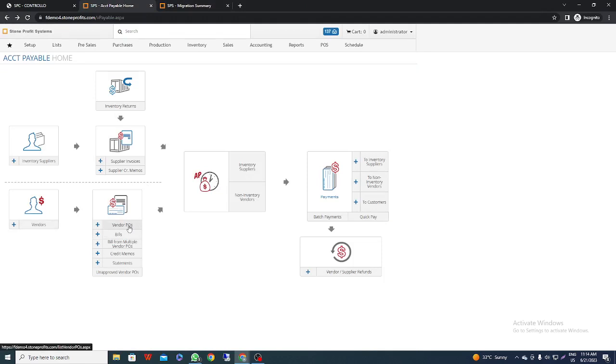And now for a vendor, you can also check the vendor POs, vendor bills, and bills from multiple vendors. You can create a vendor PO and vendor bill, and credit memo also can be created here itself. And you can also create statements for this vendor, and you can also check unapproved vendor POs,